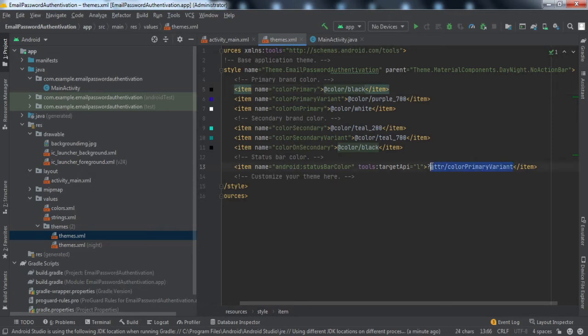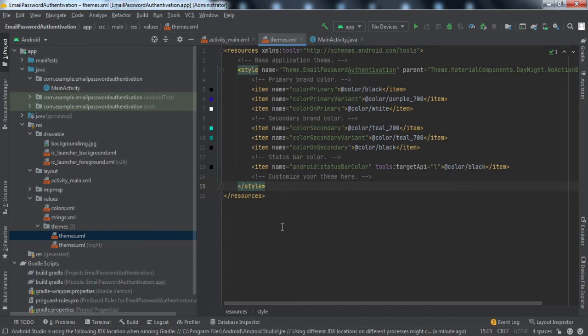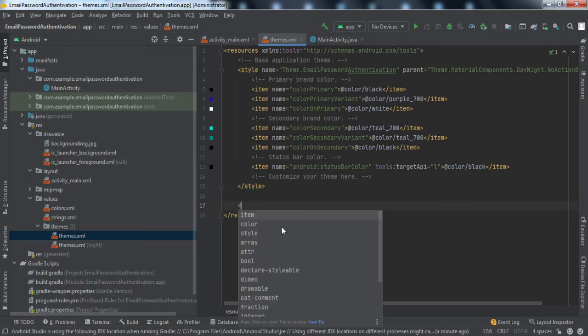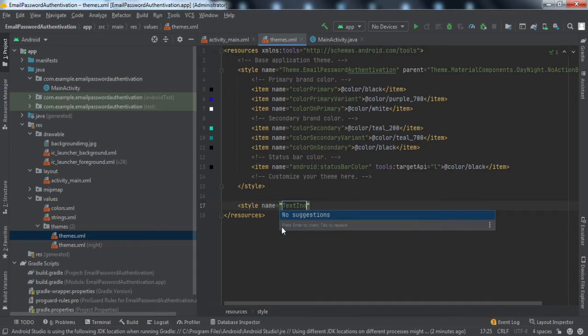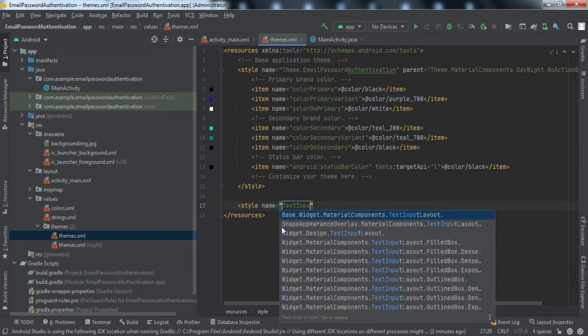We'll change the status bar color to black as well. We'll define a style, text input, just name it text input layout, right?